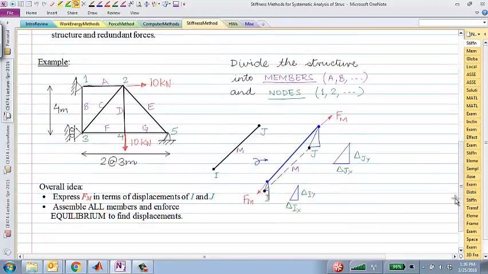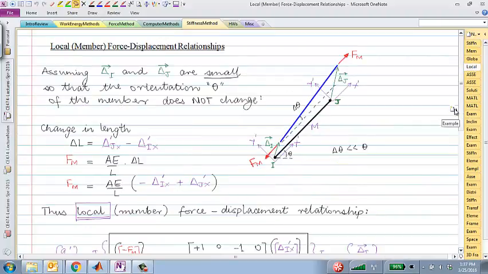So the idea is that if we can express forces in terms of displacements, then add up all the forces from all the elements, then we can solve for those unknown displacements. And what we've done till now is to express two things. One is a local force displacement relationship for truss elements. So we were able to say that in the local coordinate system, x prime, y prime, for a given element,